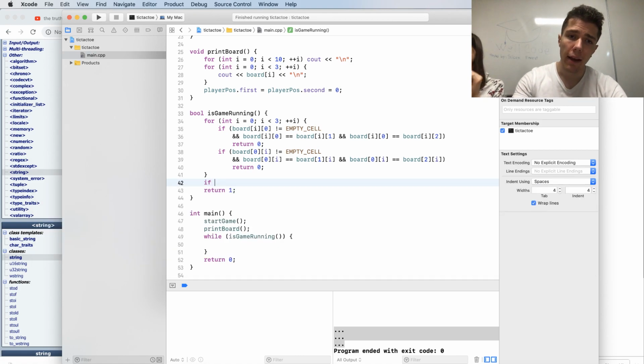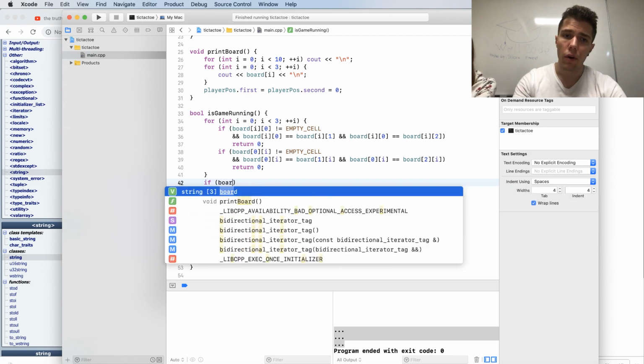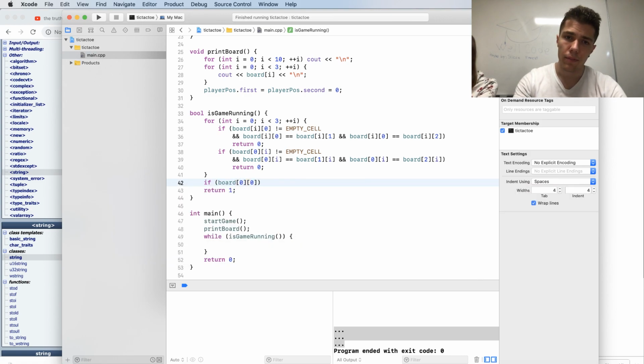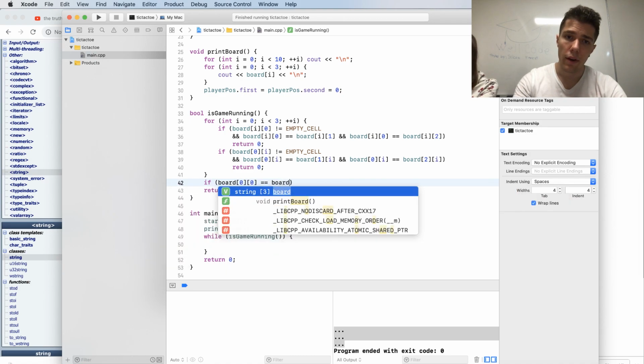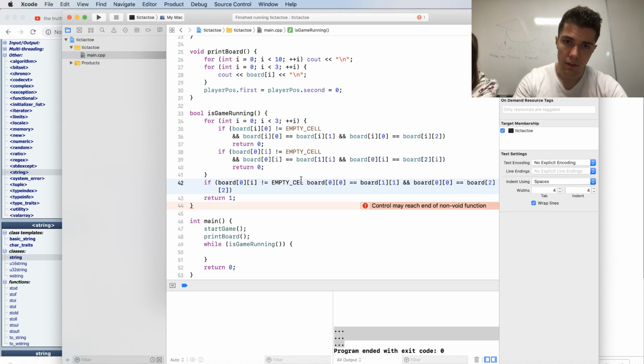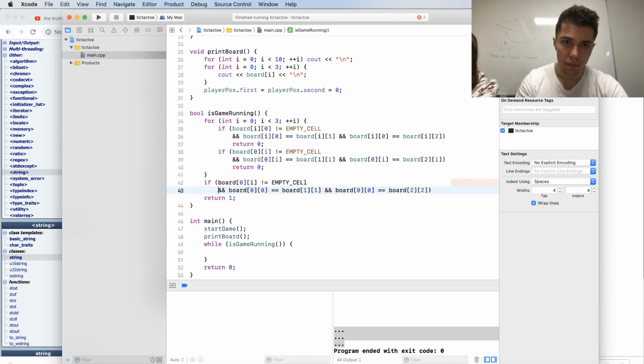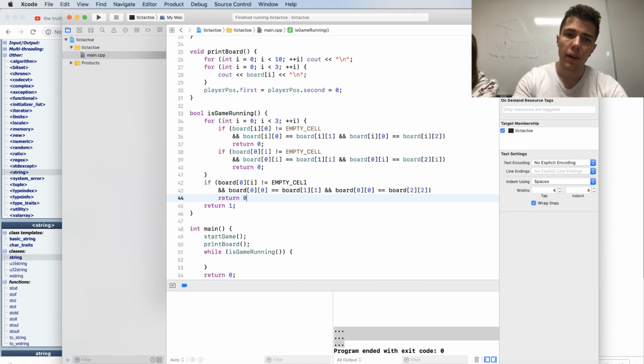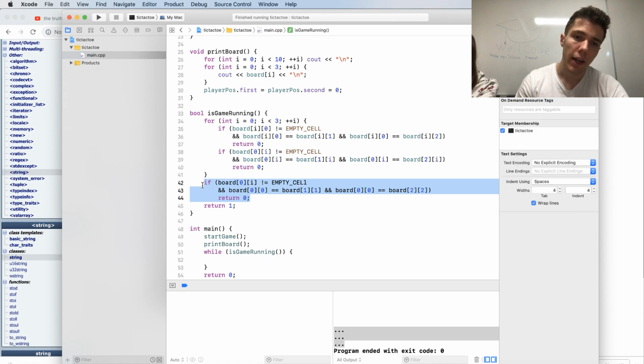So I have two more if statements. If board of 0, 0 equals board of 1 and 1, and board of 0, 0 equals board of 2 and 2, and also I'm not on an empty cell, then the game is finished. And I also need to check